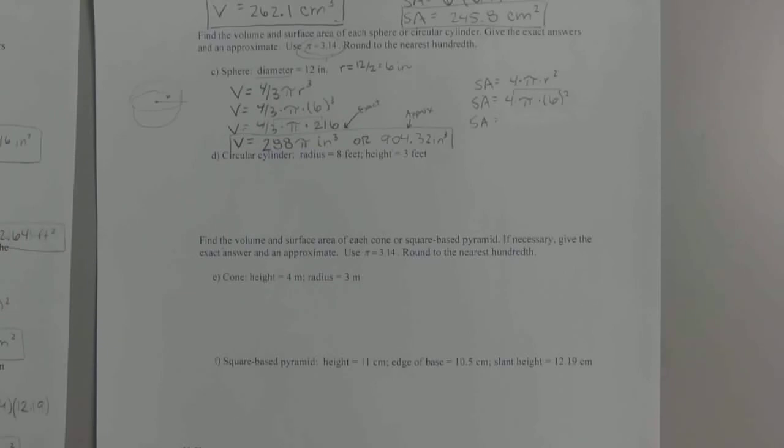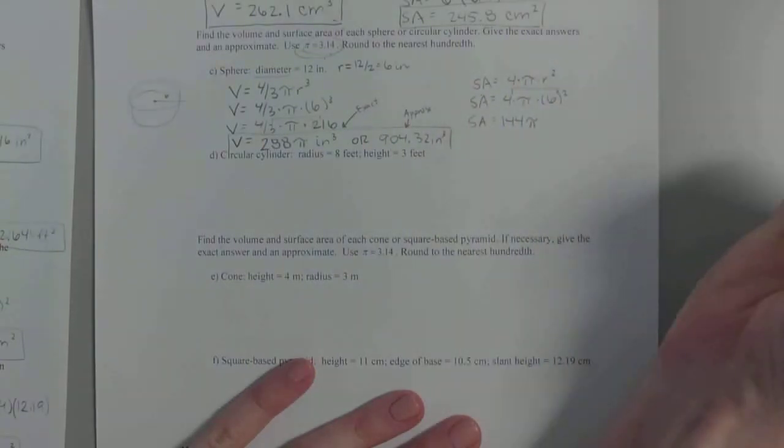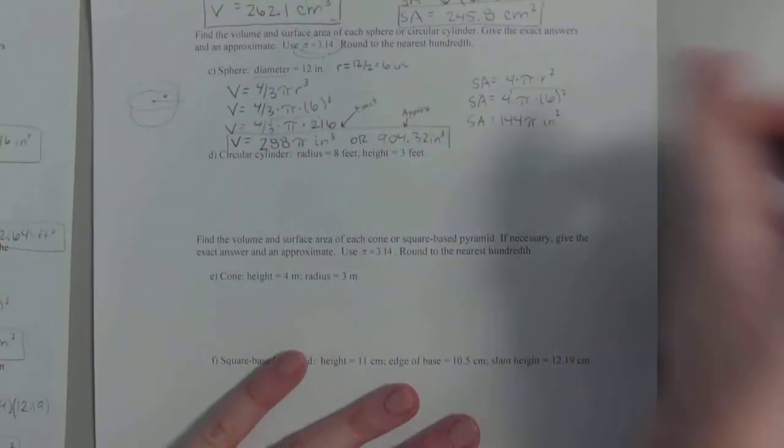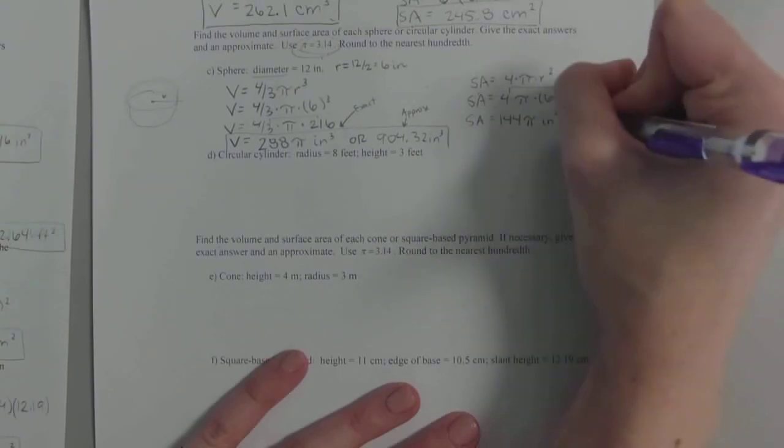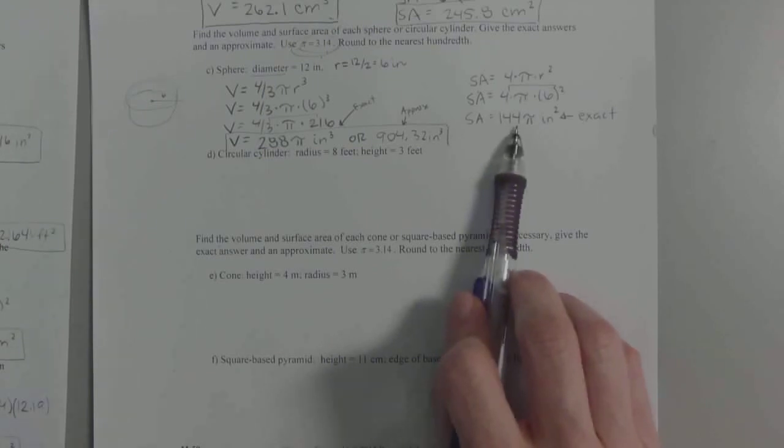So we have 4 times pi times r squared. What we're going to do is leave 4 and pi alone, and we're going to put our radius of 6 in. And this is what I'm talking about. For the exact, do the math you can. What can we do? We can take 4 times 6 squared. What is 4 times 6 squared? 144. And who's tagging along behind it? Pi. So that's 144 pi inches squared. So this would be considered the exact answer because we haven't done anything with pi yet. All right? What do we need for the approximate answer? Just do the math but with 3.14. So what is it when they're shoved right next to